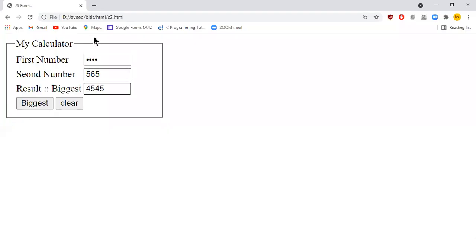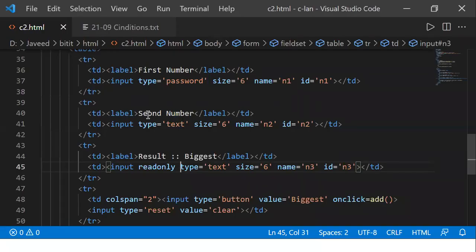So for example, let us say this is the same application we discussed earlier. Instead of first number and second number, I'll make small changes to my application. Instead of first number, I'll say this is rate.